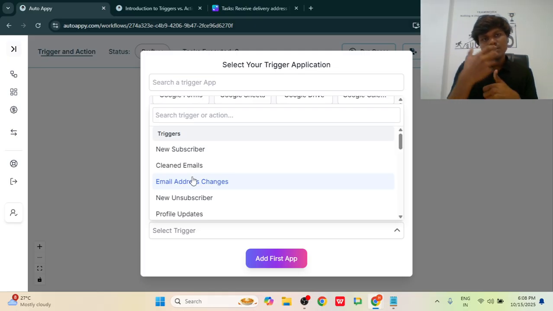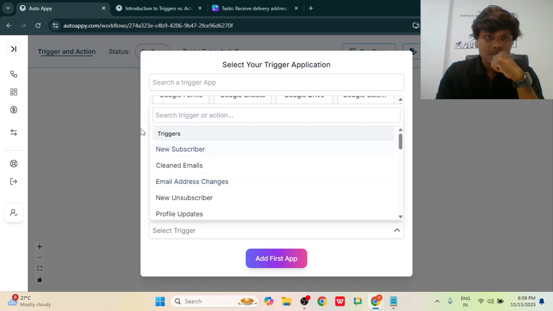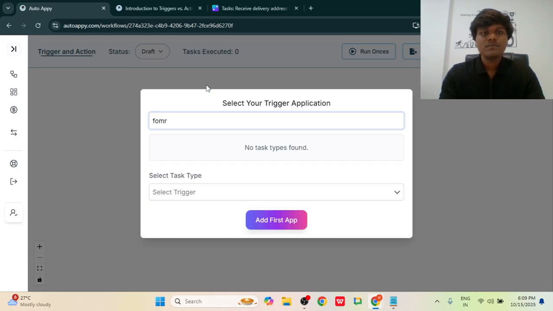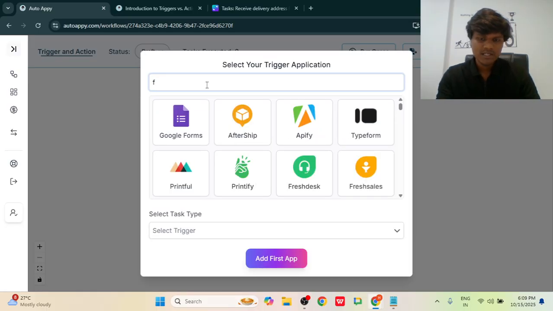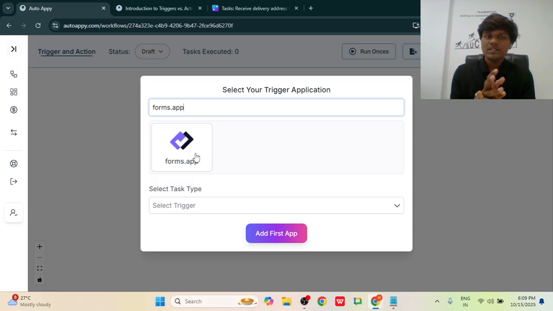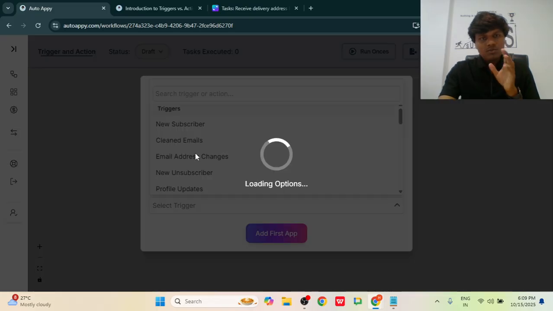With more examples, this will become clear. In future practical examples, these are the things which will be clear, right? So for now, we will take a form which we have already taken, forms.app, because I have already done an example on this. Forms.app is an example. Instead of Google Form, for now we are using forms.app. You can use Google Form, Typeform, or your website form using Elementor, anything. But for now, we are just taking a form, right? So if you select a form,